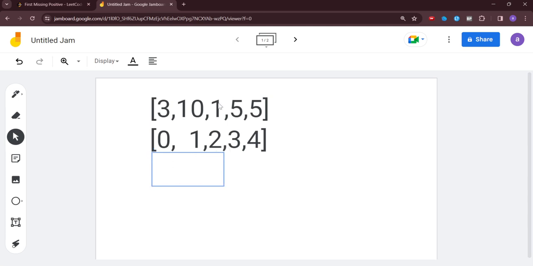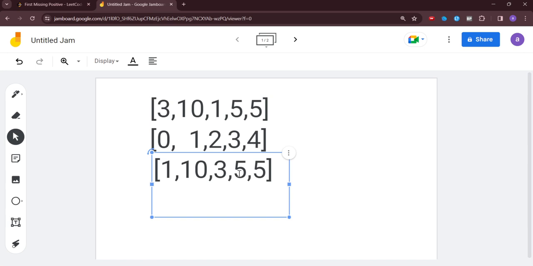So then 1, I am going to store it here. So the array is going to be like 1, and then 10 will be present here, and then 3 will be present. Then after that I am going to keep the 5, and then 5 same here as well. And then after that we are going to check 0 plus 1 is already 1,